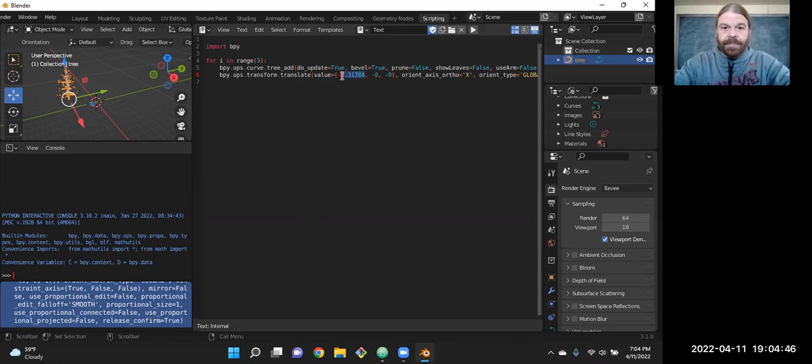And -1 raised to the ith power. So that way even numbers are positive and odd numbers are negative, times 2 times i.